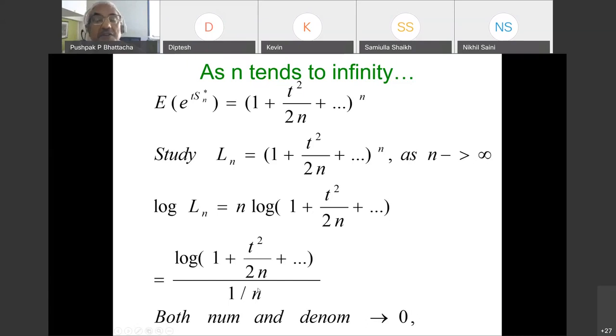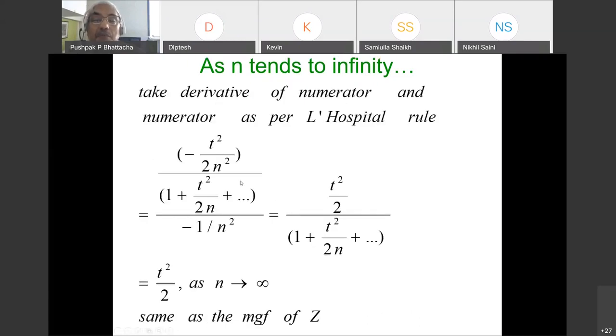This is a condition for applying L'Hopital rule. Okay, so I can apply L'Hopital rule. We call it L'Hospital rule, but L'Hospital is actually a Frenchman, and his name is pronounced as L'Hopital. L'Hopital rule.